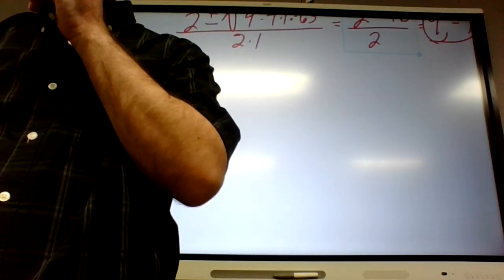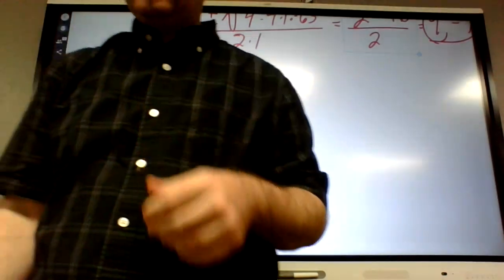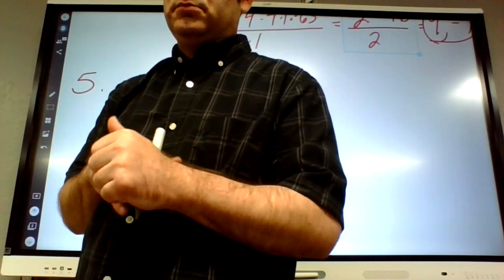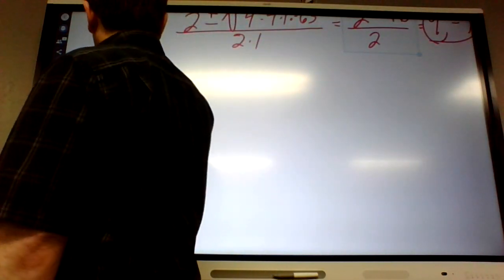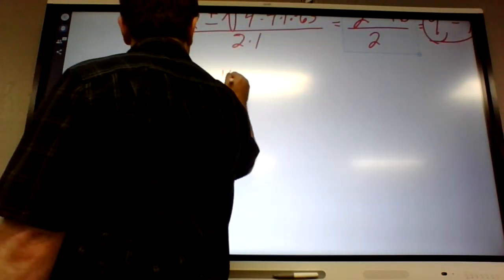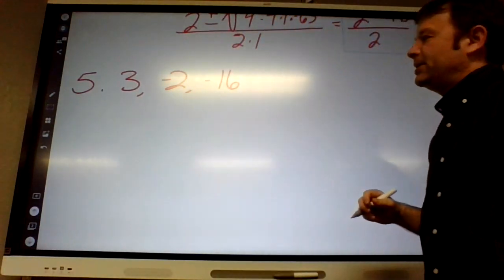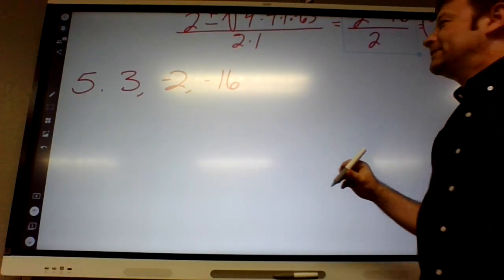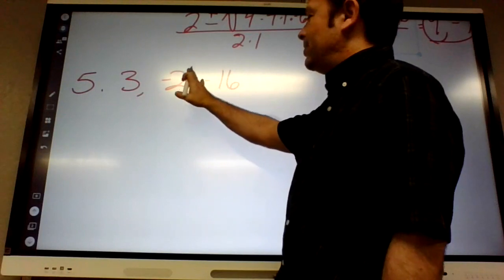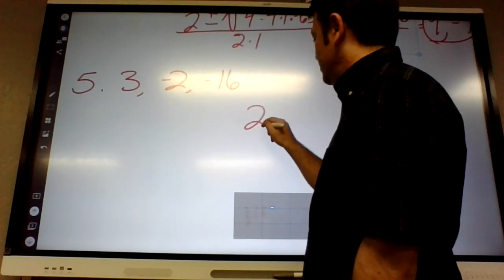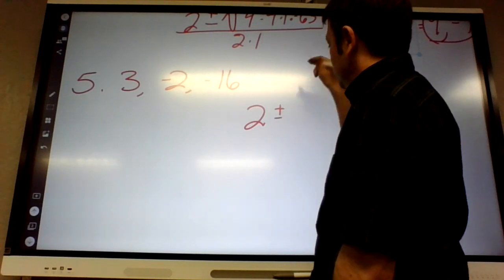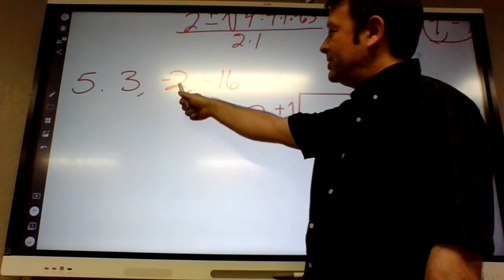Okay, Hope, what's the A, B, and C on 5? It is 3, negative 16, negative 2. Okay, so negative B is negative 2 again, so it's 2, plus or minus the square root of B squared